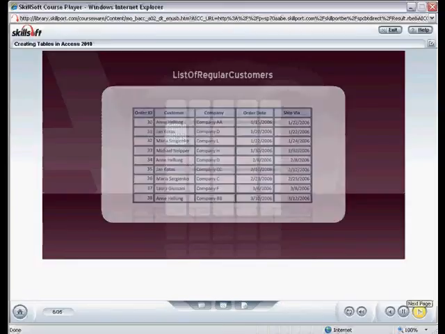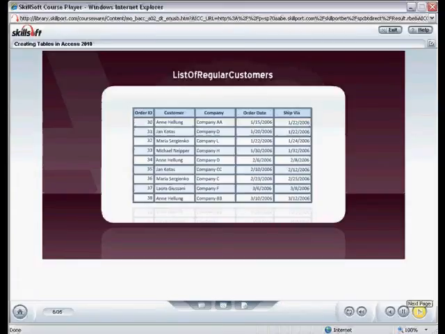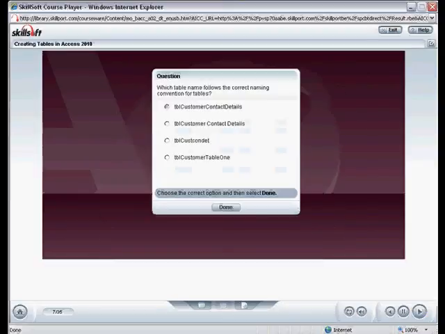Because tables aren't the only objects in a database, it makes sense to use the name of the table to identify it as such. A basic naming convention to distinguish tables from other database objects, such as forms, reports, macros and modules, is to add the prefix TBL to the name. For example, a table that contains customer details could be named TBL Customer Details. Which table name follows the correct naming convention for